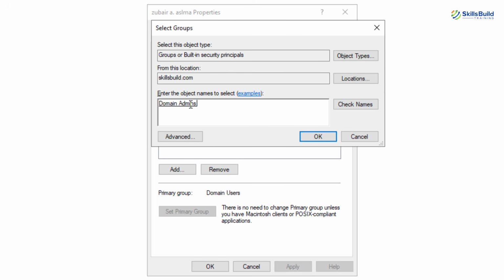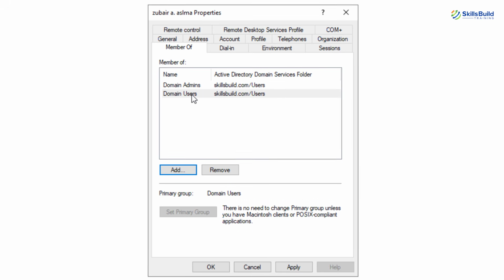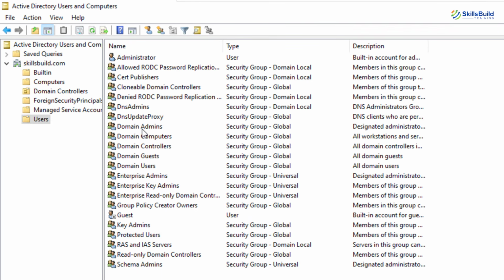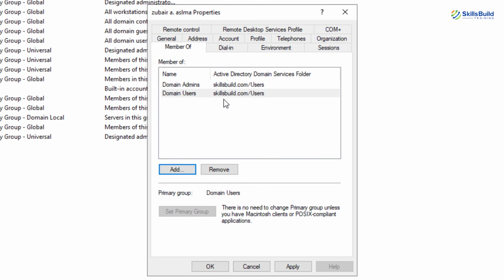Yes, we do have a group with the name of domain admins. So just click on OK, and now this user is part of these two groups. And now if I go to my users here, we have the domain admin group that is available and exists. So I'll go back, and in case you want to remove this user from any group, just click